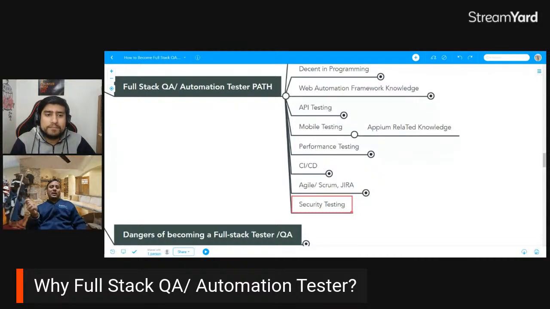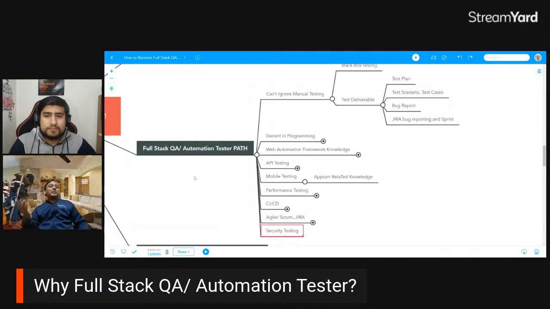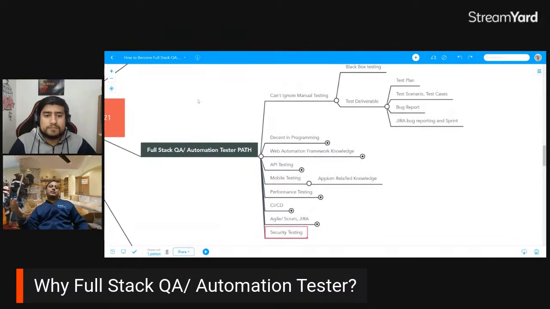Again, it is very difficult, but based on the company, if you know security testing, it will definitely help you, especially later on when you want to become a manager. Maybe you would be handling different teams then, performance, security. So if you want to become a manager and you don't know about security testing, let's say a security tester comes and says this can't be done, or this is not possible. How do you question if you don't know about it, right? That is why it is important to learn everything, full stack QA, for later on, because later on anyway you are going to be in a leadership role, either lead or manager.